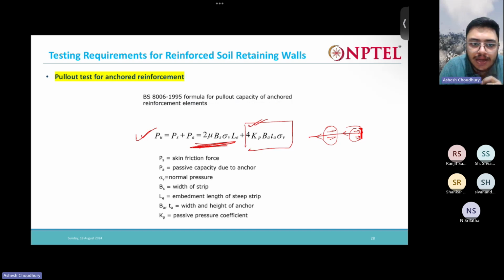Can you tell me where is the world's tallest reinforced earth structure? Where is that? Sikkim. In Sikkim. Yeah, Sikkim where? I don't know the exact place, but it is in Sikkim, more than 100 meters high.